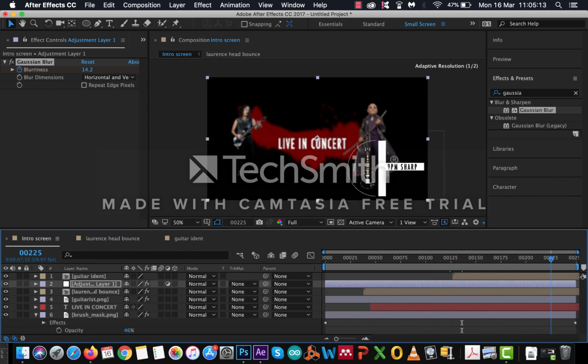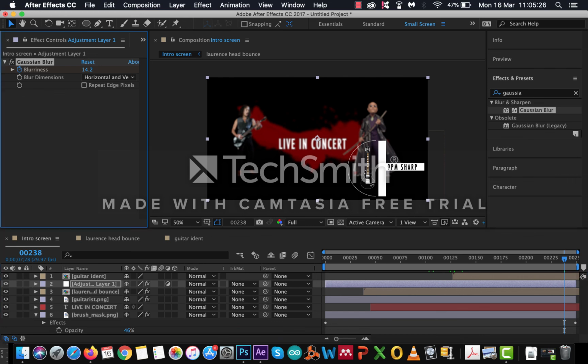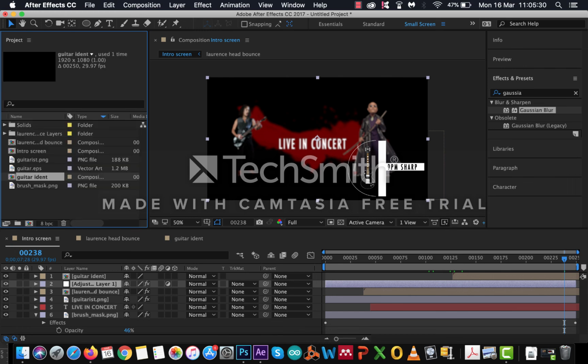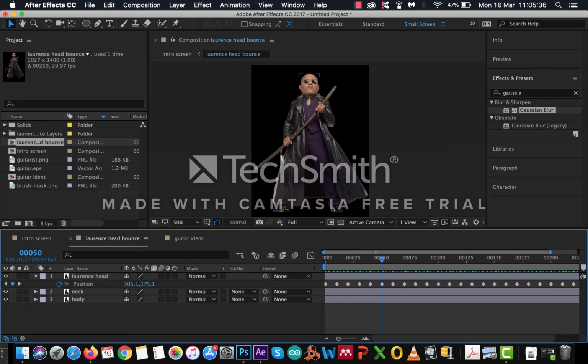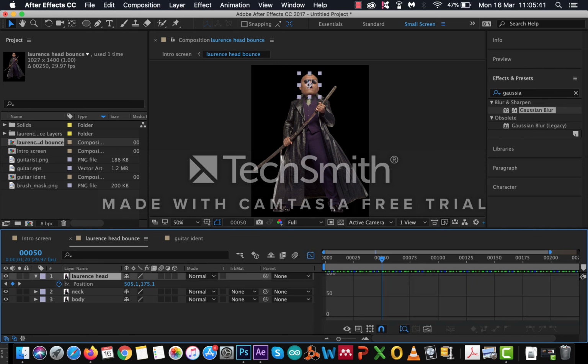And that's really it. I think the only thing that I said I wanted to go back to was the curve editor, the graph editor for the bobblehead. So if I go back to the Lawrence bounce one, these head bounces are happening in a linear way. What I want to do is go to the graph editor and